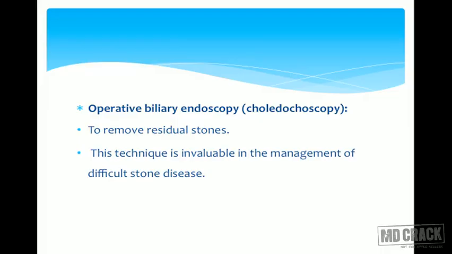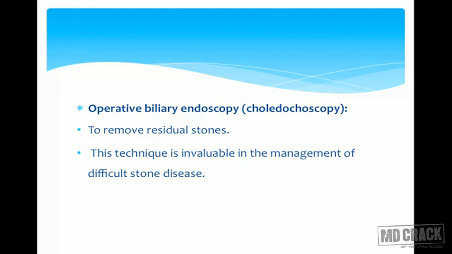Operative biliary endoscopy, also called choledocoscopy, can be done to remove residual stones. This technique is invaluable in the management of difficult stone disease. So, after you do laparoscopic or open cholecystectomy along with biliary tree exploration, that is common bile duct exploration, and if the T tube is left and you find some stones left incidentally in the biliary tree, after removal of the T tube, the tract which is formed can be dilated over serial dilators, and a choledocoscope can be inserted to retrieve the stones which are difficult in location and which cannot be removed by the ERCP